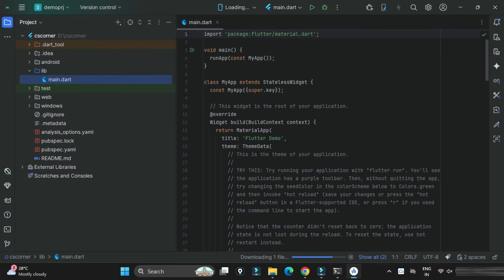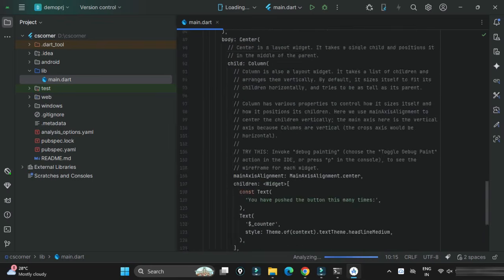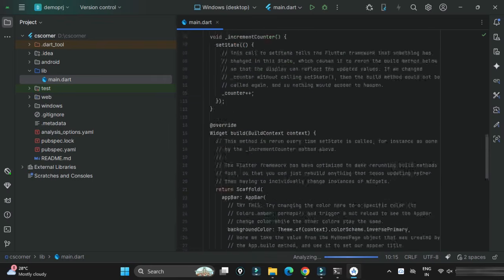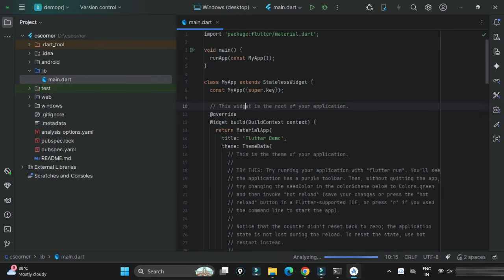So now guys, here you can see we have main.dart file. And you know what is this code? I'm not explaining this code. I'll just give brief of this code. This code will do what? When you run this, you will get one button. When you click on that button, the count of that button will be shown. Okay, that is what this code which is there by default available. So we will be running this code only. I'm not writing any new code.